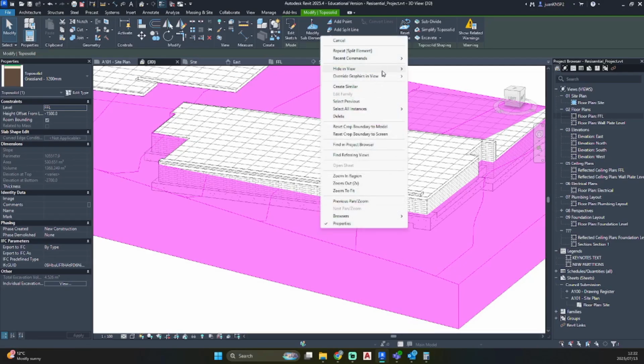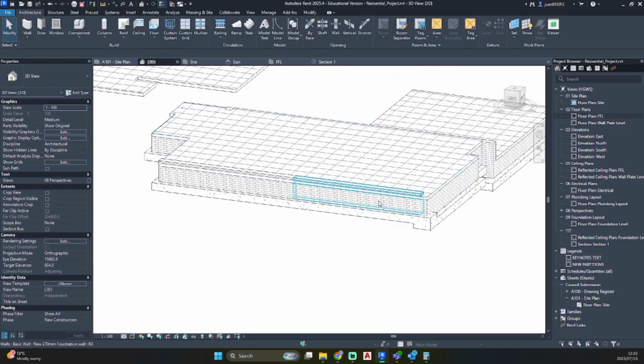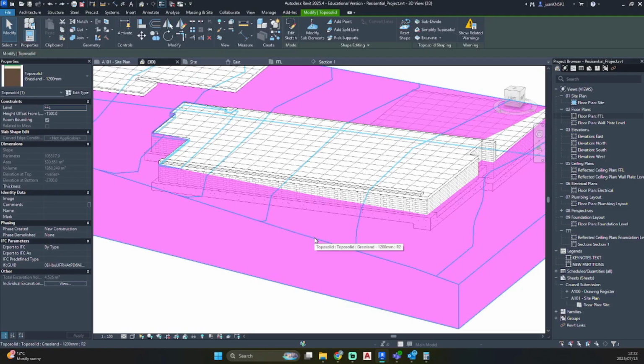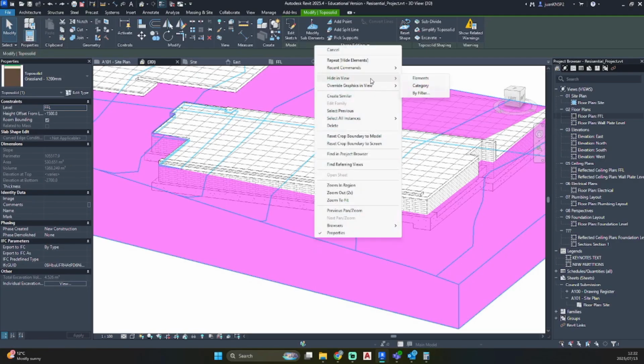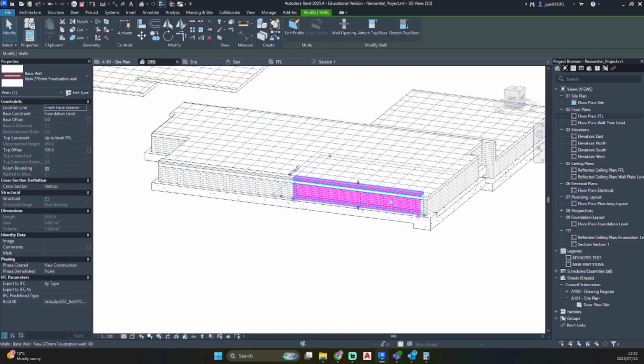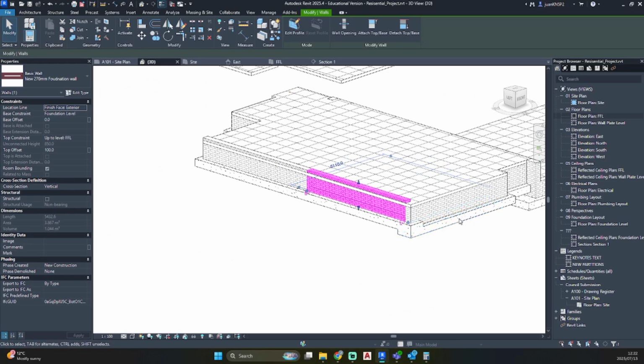So I'm just going to hide my site again. Just go ahead and click on your site, right click, hide in view element. So this part we would need to drop to the same level as the other foundation that we have dropped.